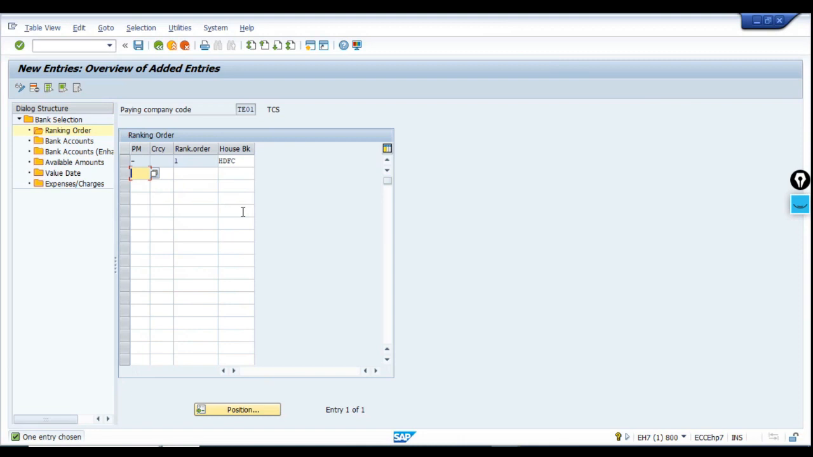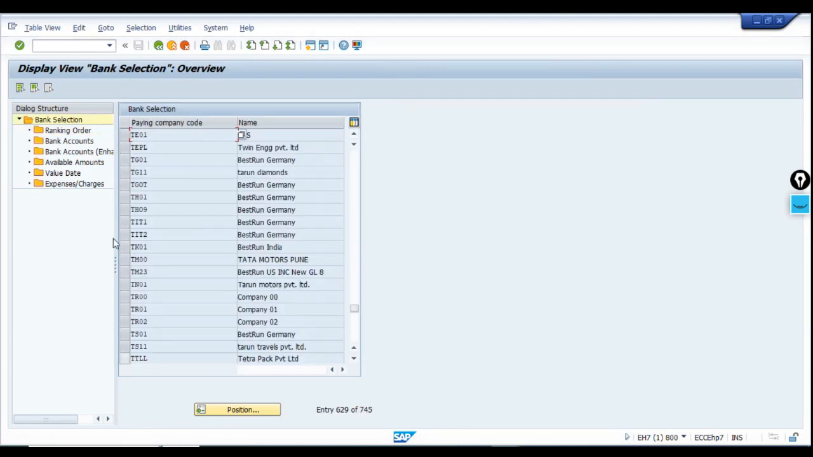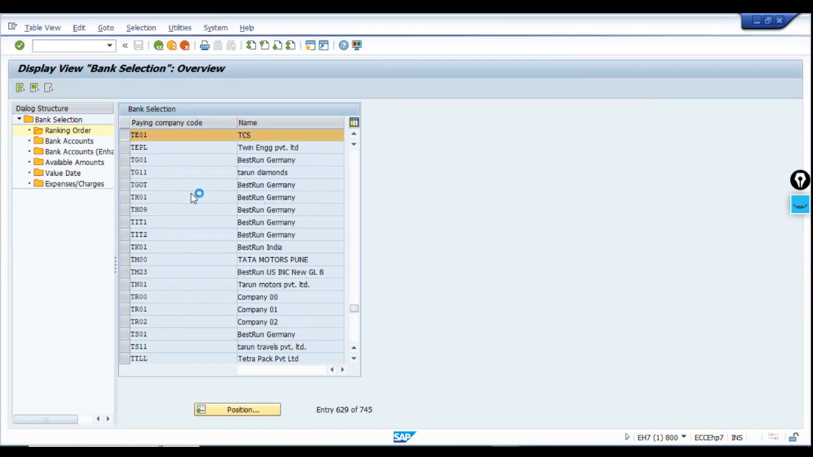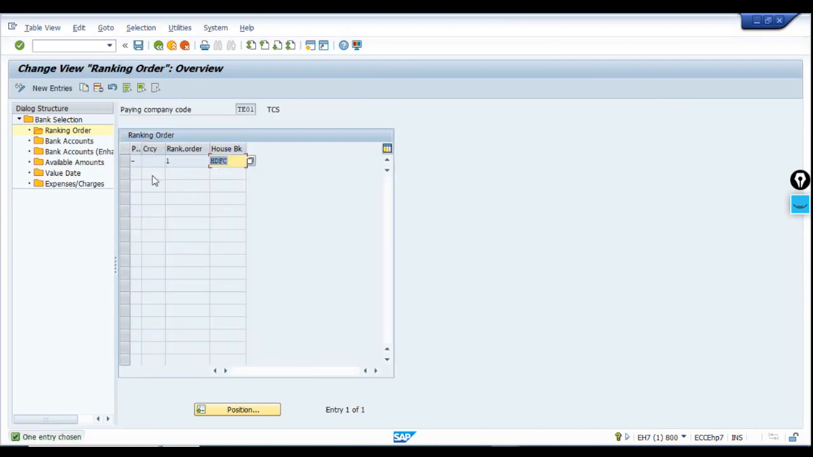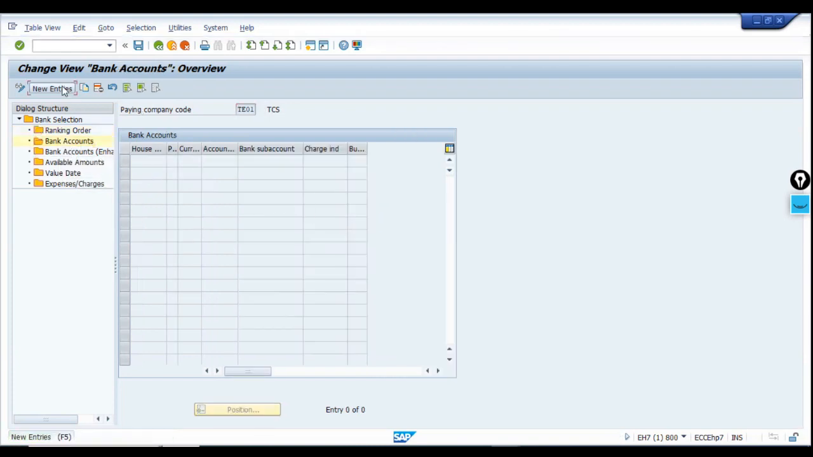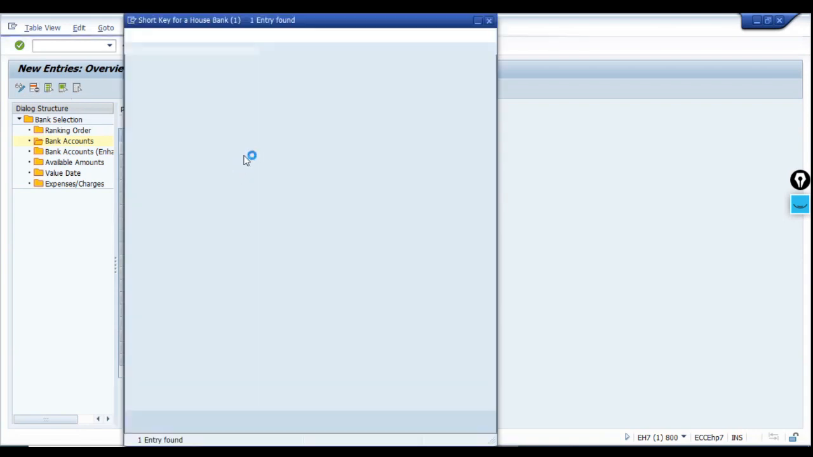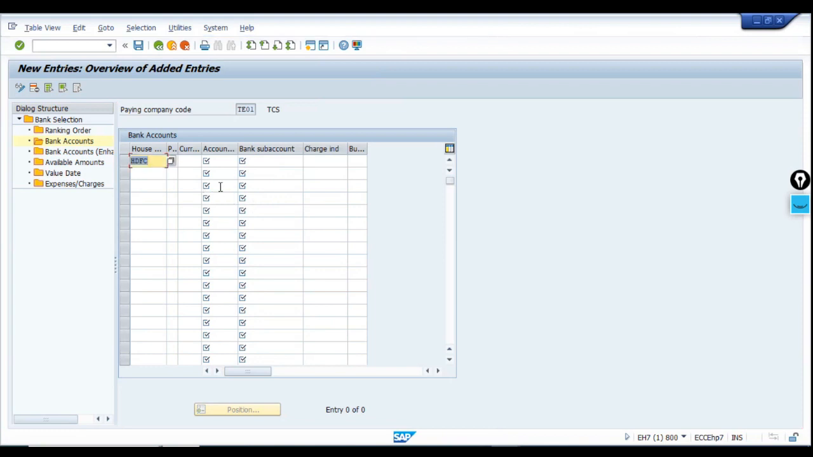Even though you have available balance in all the bank accounts, how will the system understand from which bank account I should make the payment? For that we are giving the ranking order. Ranking order 1 would be considered first until the entire amount is consumed. Once it is consumed entirely, then it can call ranking order 2, if I have any other bank account for ranking order 2. Okay. Then go to bank accounts, go to new entries